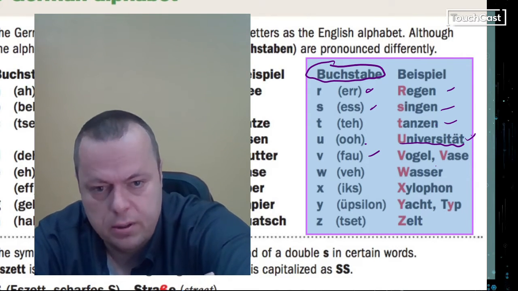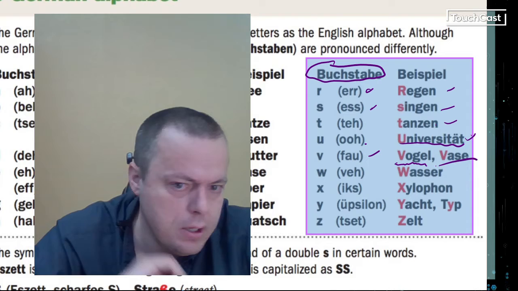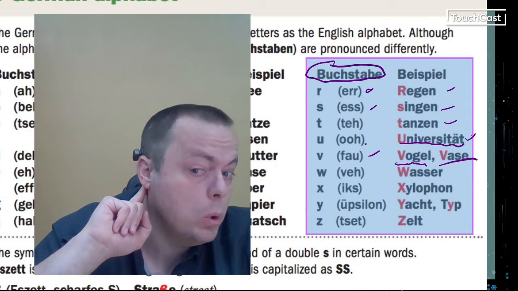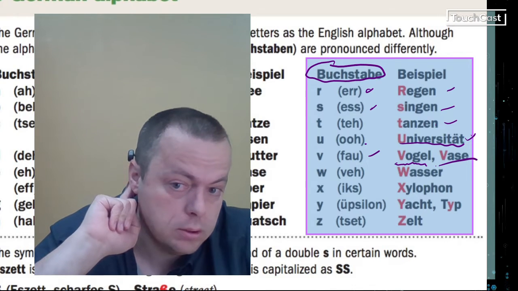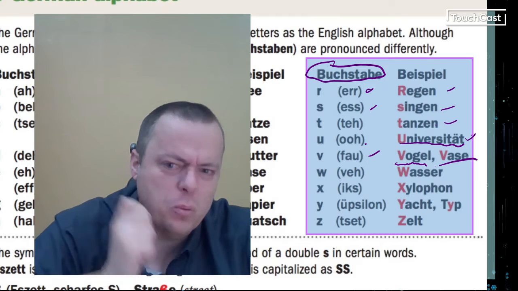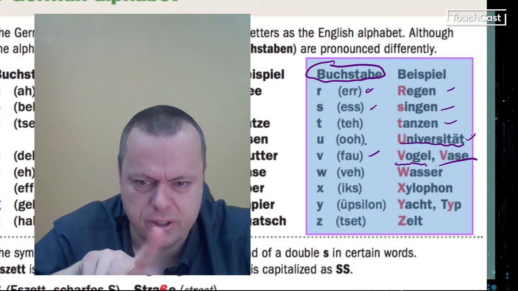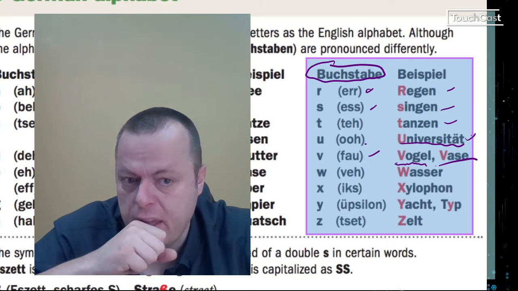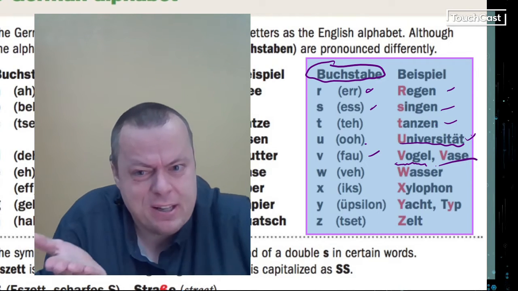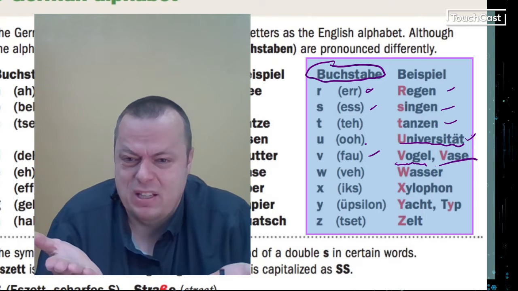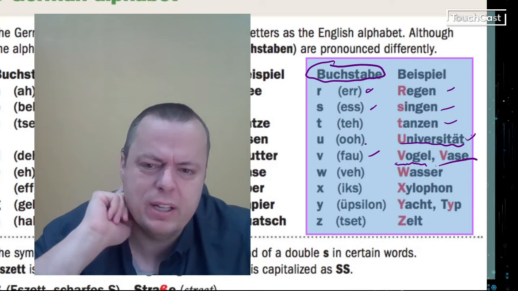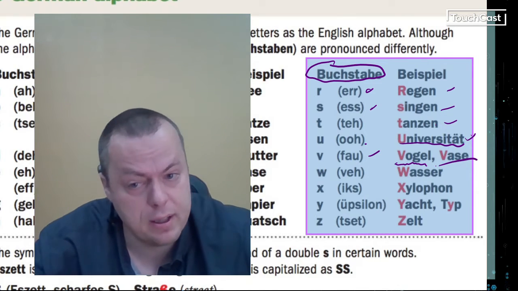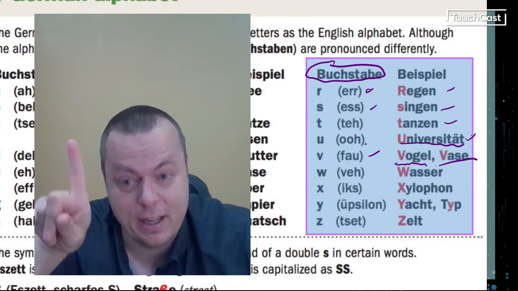Now, V is V in English, but it has two different sounds. I'm going to see if you can hear them. We have Vogel, and Vase. Vogel, Vase. What do you think the difference is in sounds that you're hearing? Right. It kind of makes an F sound and kind of makes a V sound. Again, it depends on what letter's coming next. And you just get used to it. When you hear an F or a V sound, just know that it can be a V letter. But be careful because